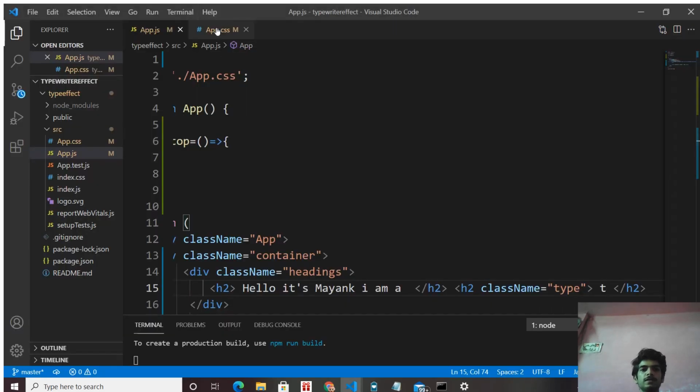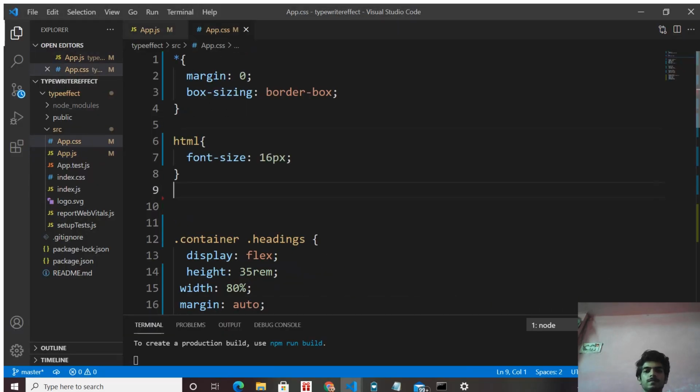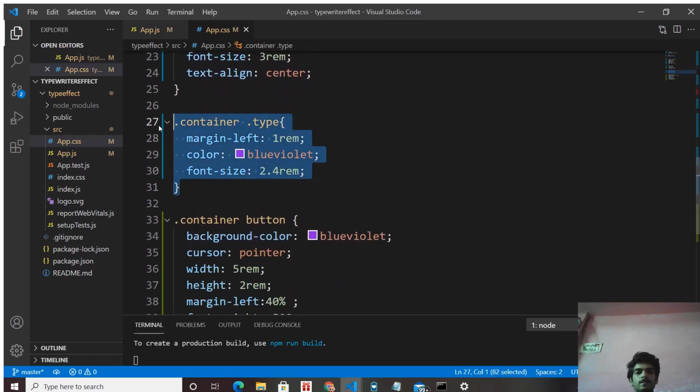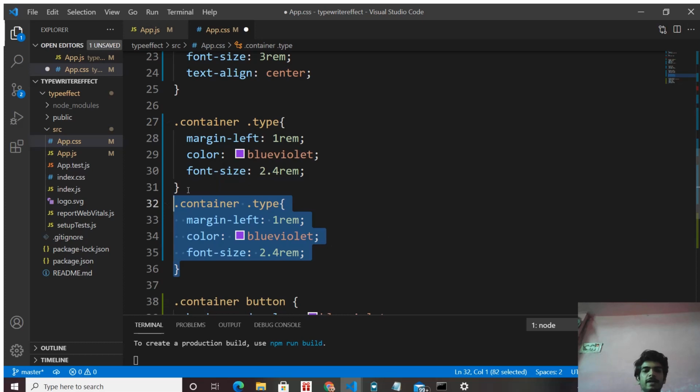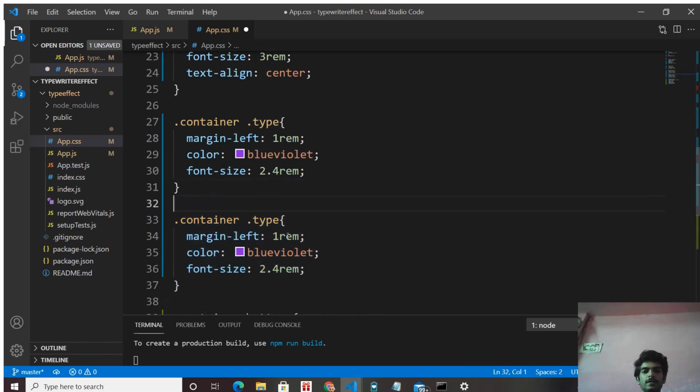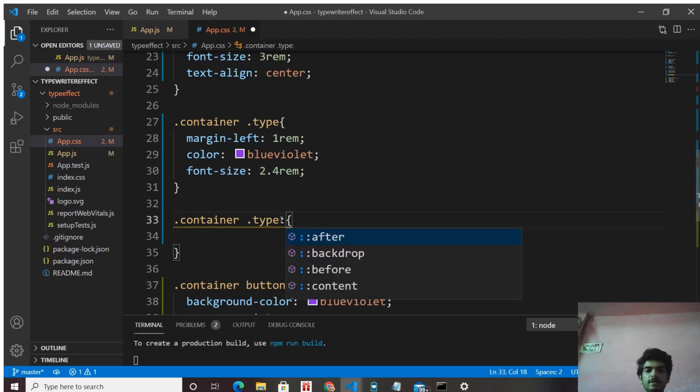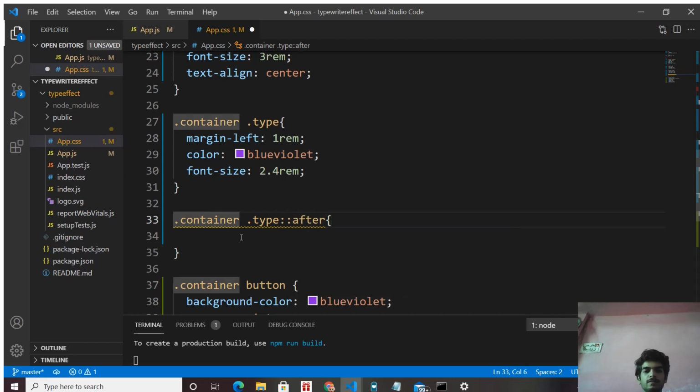Go to app.css, and this is in our type h2 heading. So select dot type, the h2 heading, and add the after selector.